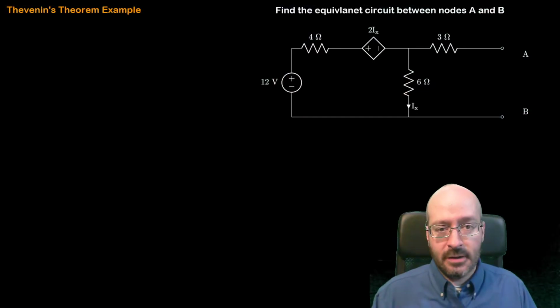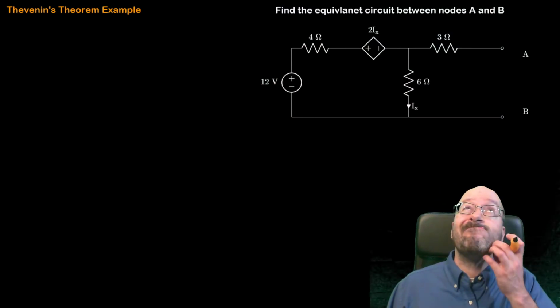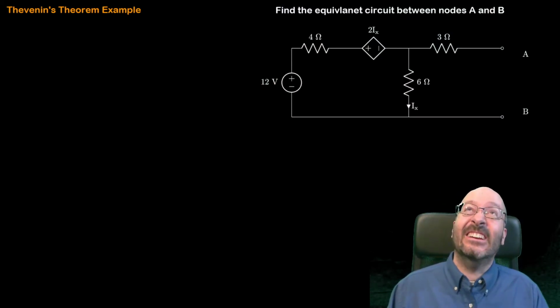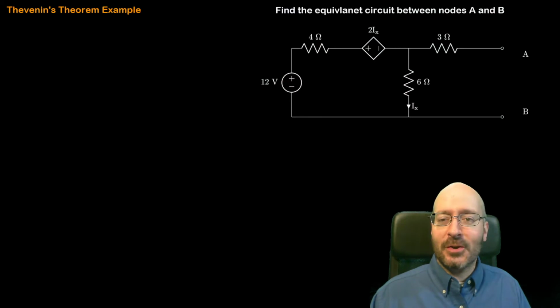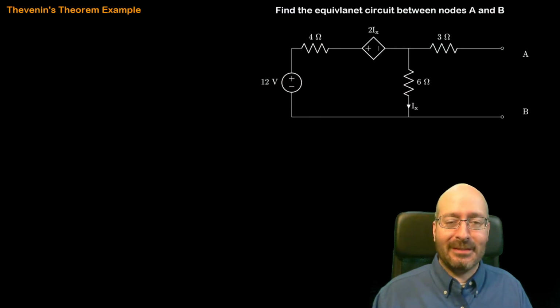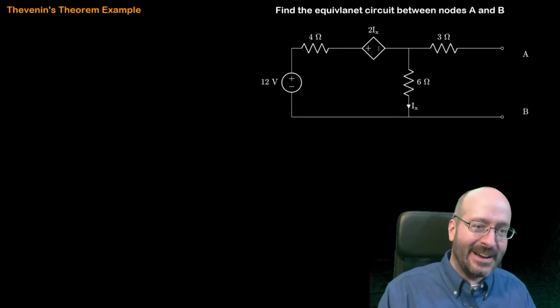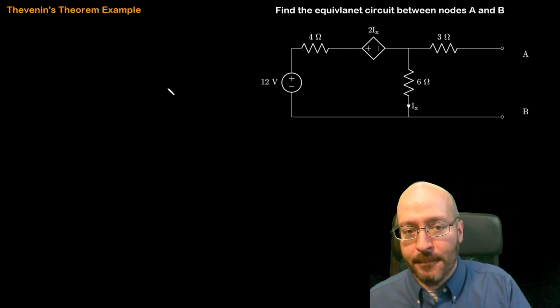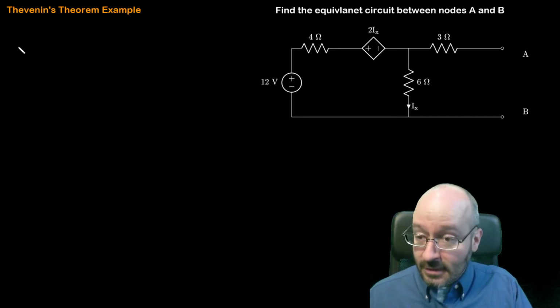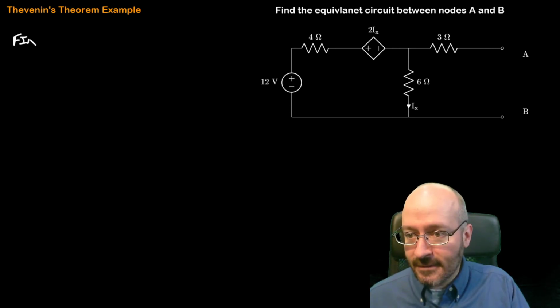Okay? So I got a good one picked out for you. Here we go. There it is, right up there. Let's see, how can we do this? So I jokingly said the steps to find a Thevenin equivalent circuit were find V Thevenin, find R Thevenin. That's exactly what we're going to do. Okay, so let's see. Find V Thevenin